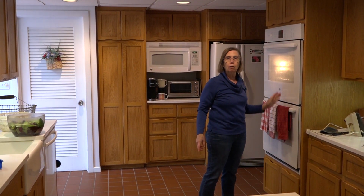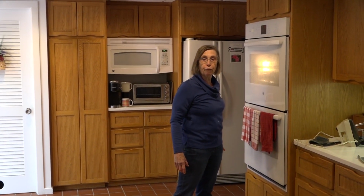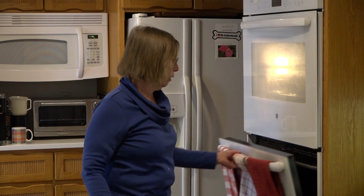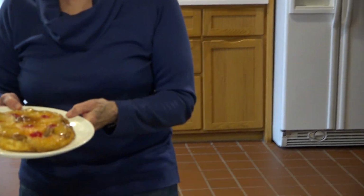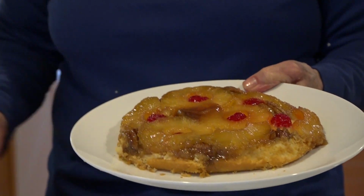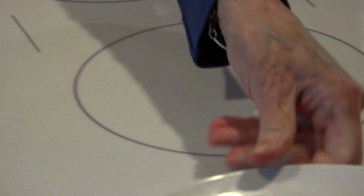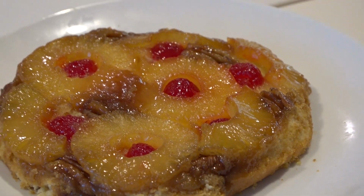And then when you take it out, you turn it upside down immediately. Most cakes you leave in the pan for about 5 minutes. With an upside down cake, you go around the edge with a knife and then turn it out immediately onto the plate. And you come up with something like this. If the fruit happens to stick, then you need to just get it out of the pan with a spatula and put it back on top of the cake. Usually they come out very nicely, and you come up with a lovely upside down cake,